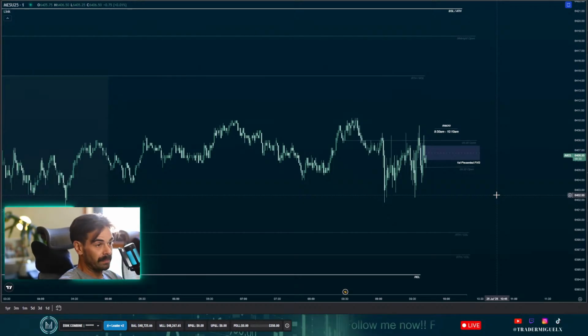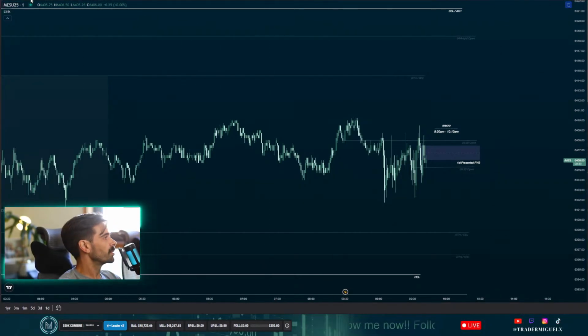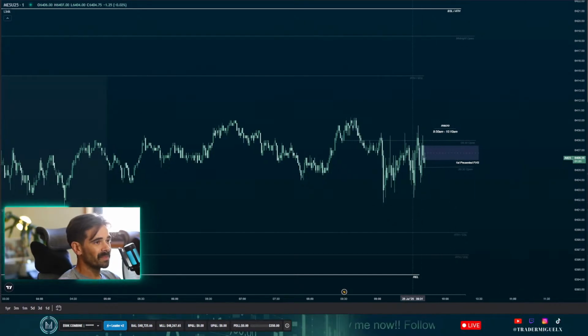Meanwhile, NQ is trying to get above that bearish first presented fair value gap. It's retesting its midpoint. I'm curious to see if it has the strength to go to the upside eventually, then seeking some buy side liquidity, or if it will respect it and drive lower. Because honestly, NQ already took London lows,